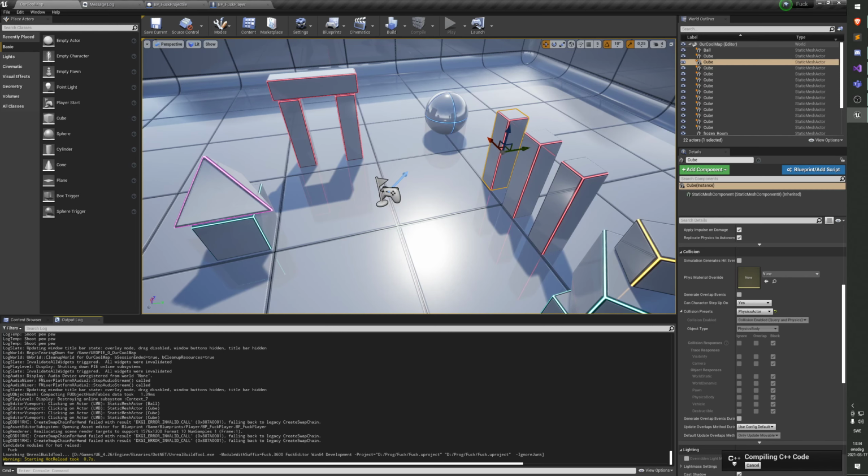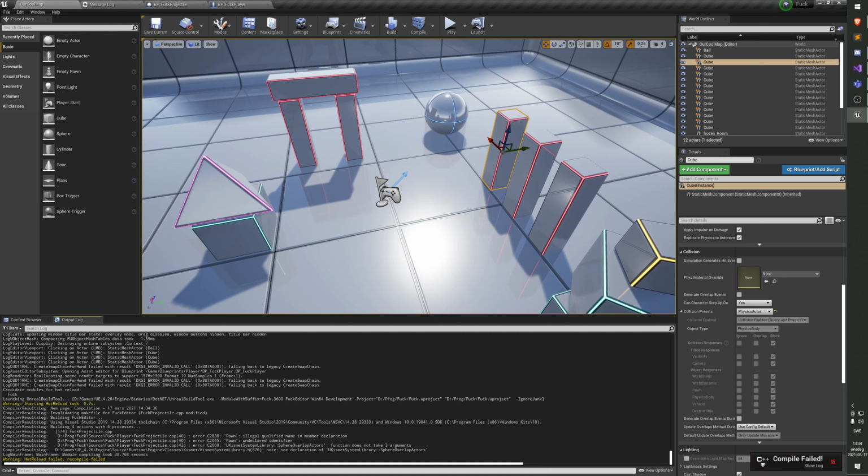Okay, there we go. Okay, so pawn is an illegal qualified name in member declaration. Okay, so the problem here